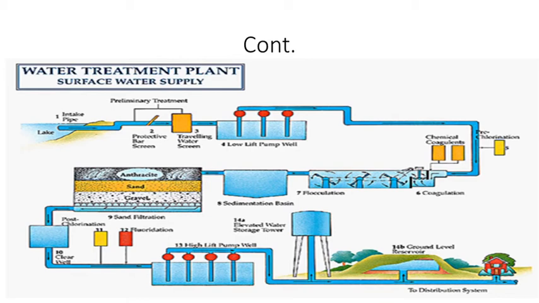Next, easy operation. If you are considering the slow sand filter, it is very simple and easy in operation. And in case you are considering rapid sand filter, that is a very complicated operation because it requires continuous backwashing and continuous cleaning. So that's why the operation and the construction is very complicated in case of the rapid sand filter.